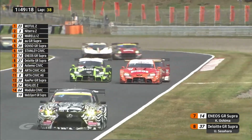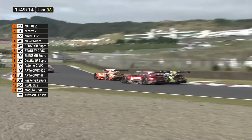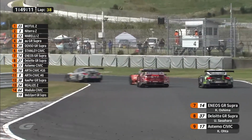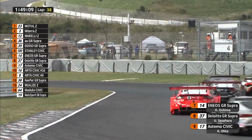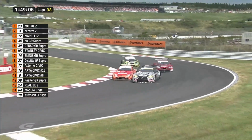Are we about to go 3 wide? 2 Toyotas and a Honda. On the inside comes Sasahara. He can't get through on Oshima, but Otta round the outside of Sasahara. Oh, what a move from Kakunoshin Otta. Brilliantly done. He splits the Supras, and now he's going straight after Kazuya Oshima, who dives in on the inside